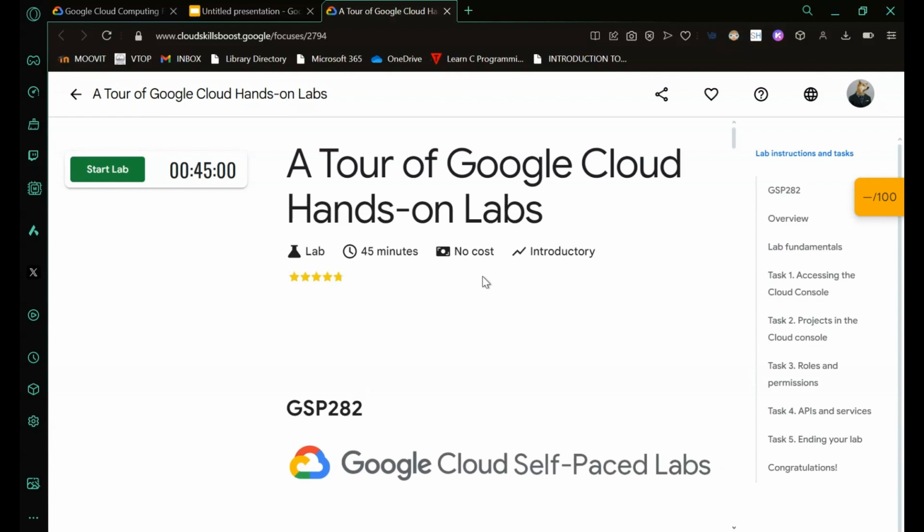If you're wondering why we have to search up these labs separately, it's because Google Cloud resources do require you to pay, and these resources can cost anyone who is trying to use these services. That's why it was important for us to create a Cloud Skills Boost account so that we as students can access these learning courses.